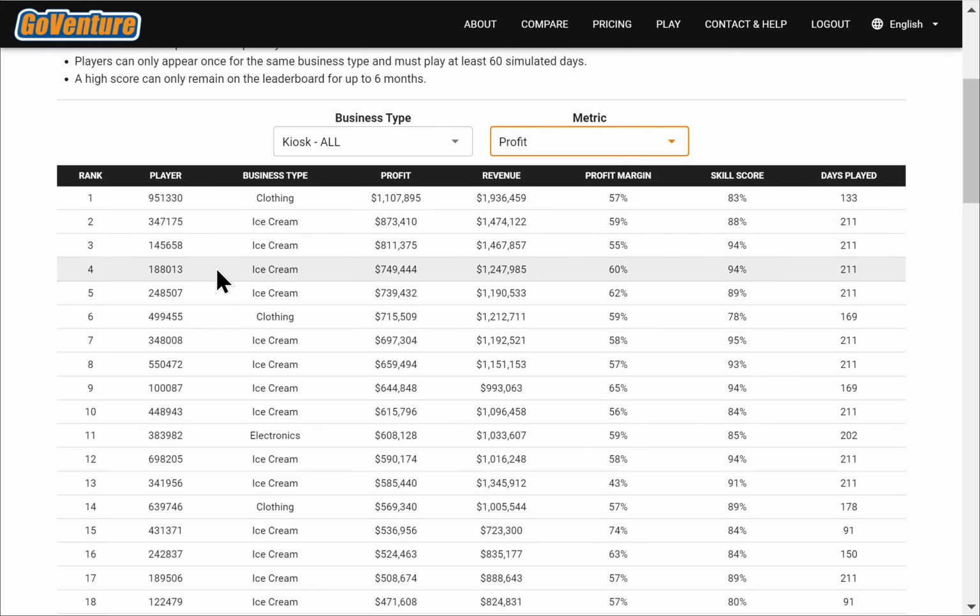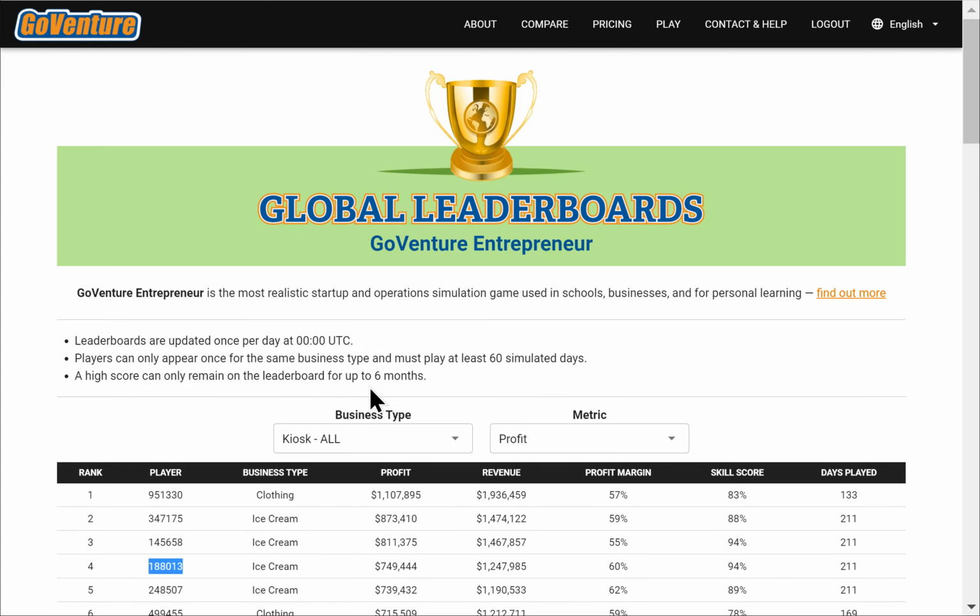However, if I'm a student and I'm on this leaderboard, I will see my name because I'm logged in as me. And I'm the only one that can see my name. Myself and my instructor can see my name on the leaderboard. But otherwise, everything is anonymous, so that way it maintains student anonymity. But at the same time, students can see where they are on those leaderboards, so it's a great motivator.